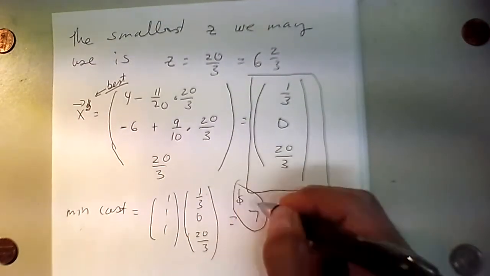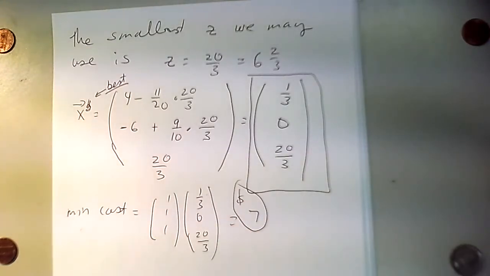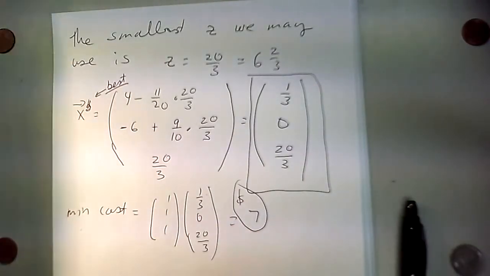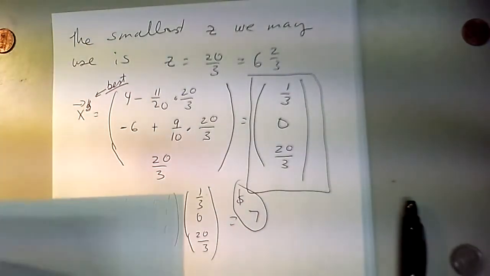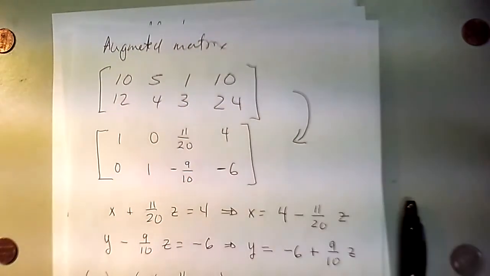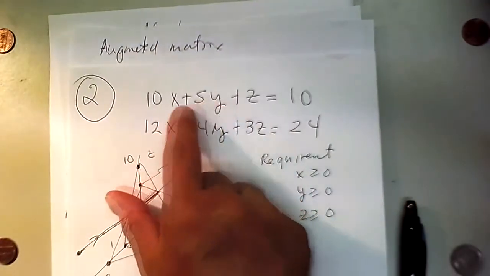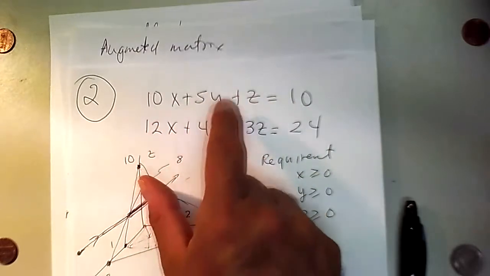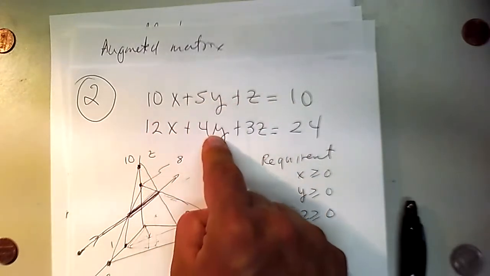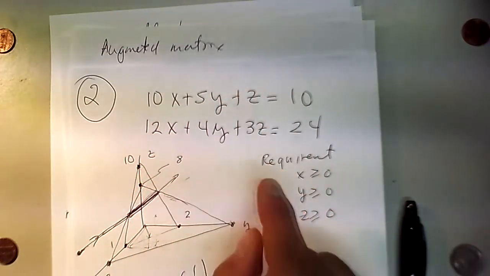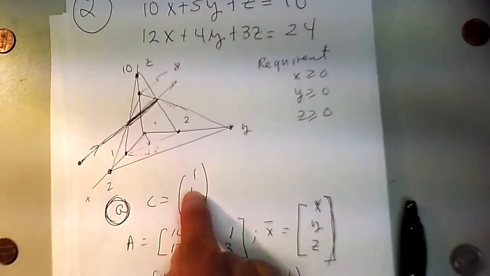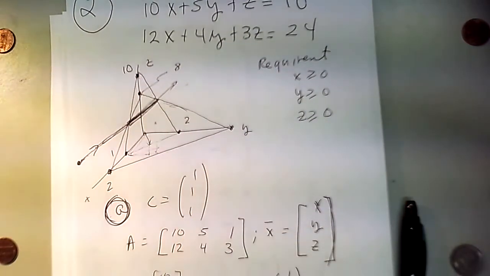The minimum cost is going to be $7 if we want to fulfill the requirements. So the problem started here. Example 2a: if we want to solve these two equations at the same time while minimizing the cost, if the cost is $1 per variable, per x, per y, per z,